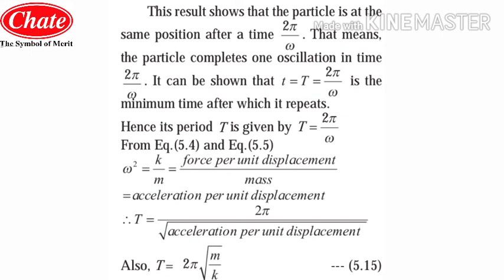So students, this is what we have learned about the amplitude, its definition and its representation by the diagram, and we have seen about the period also, its definition and derivation, and the formula T is equal to 2 pi square root of m by k. One last part of this article will remain. We will see it in detail in the next part of this chapter, in the next video.